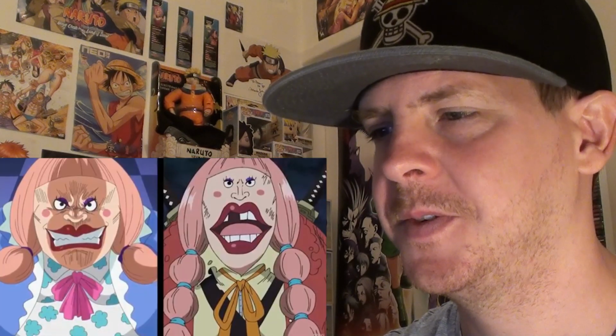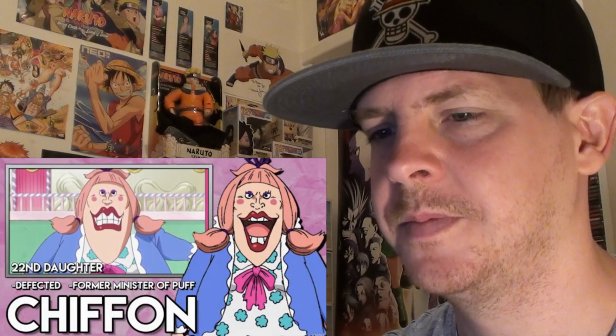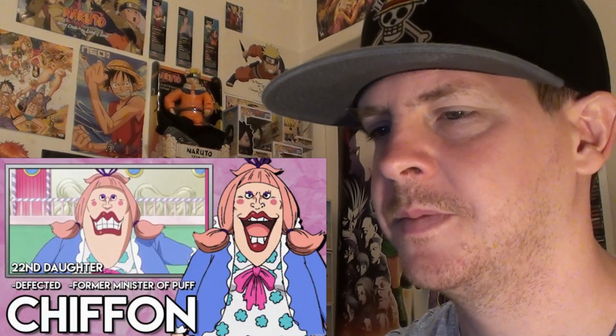Then we've got the 9th set of regular twins, Charlotte Chiffon and Charlotte Lola, who were born 26 years ago from Big Mom's 25th husband. Chiffon is the older of the two and formerly served as the Minister of Puff,